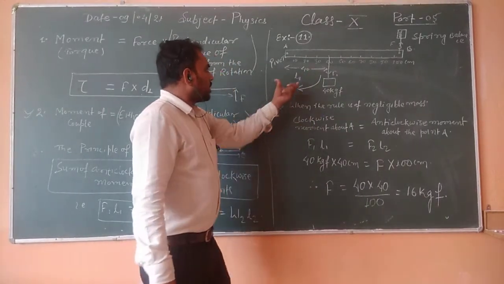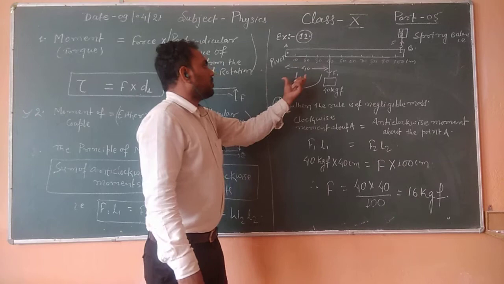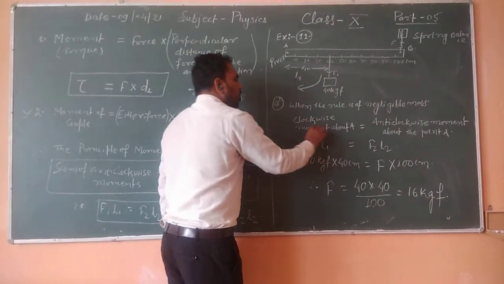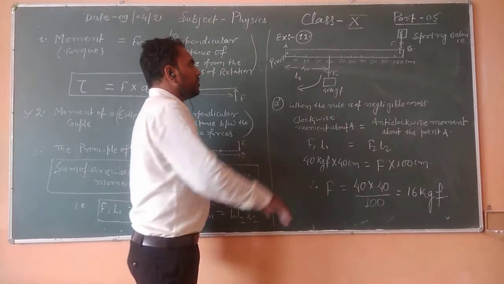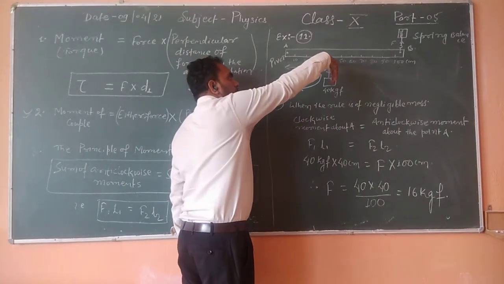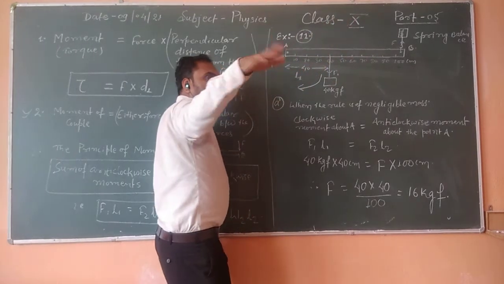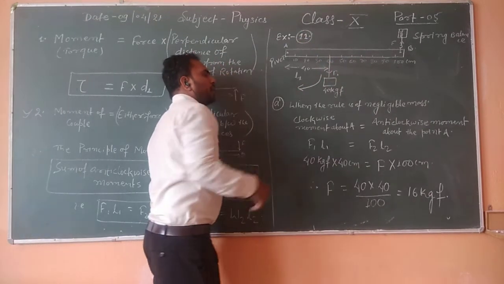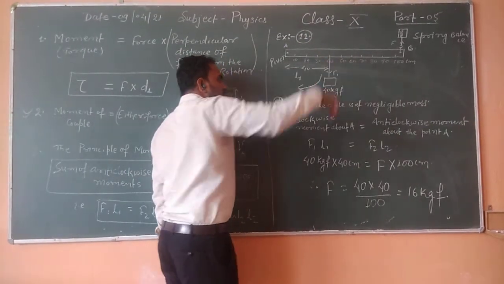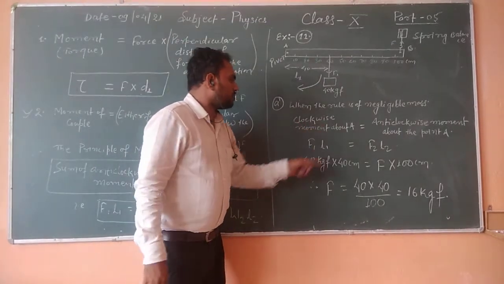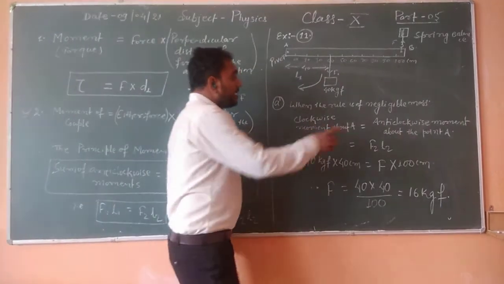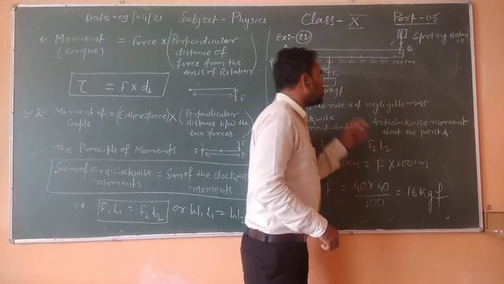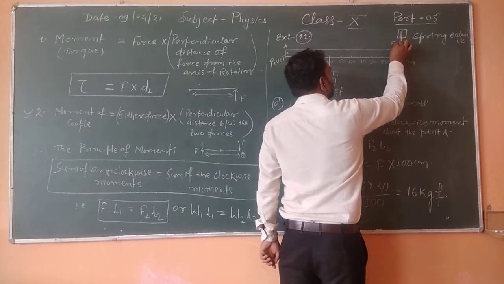The product of F1 and L1 becomes the moment. So it is a clockwise movement. Why am I saying that it is a clockwise movement? If we put our right hand palm on the force and rotate it towards the perpendicular distance, then it will go inside. So we have taken F1 as the clockwise movement, and the anti-clockwise movement is produced by F2. I am saying that this force is F2,